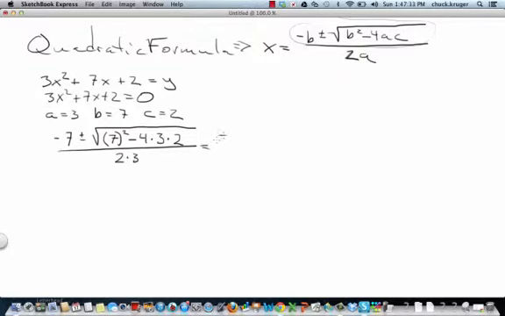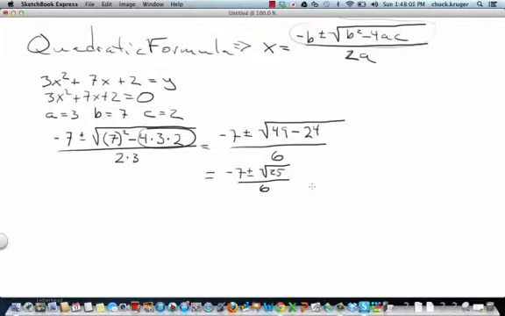Okay, that gives us a negative 7 plus or minus the square root of 49 minus, remember, do this first, order of operations. So I need to do 4 times 3 times 2, which is 24, divided by 6. And now I'll have a negative 7 plus or minus. So now I'm going to do 49 minus 24, and I get 25